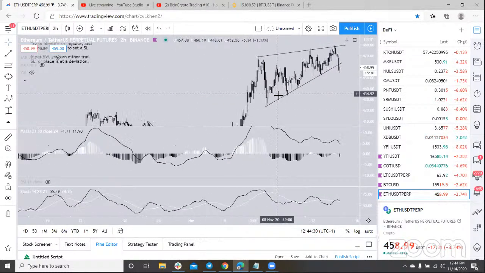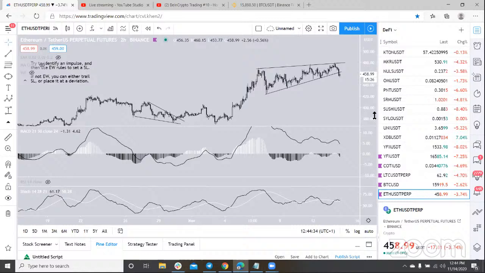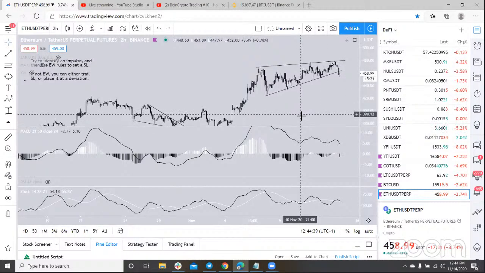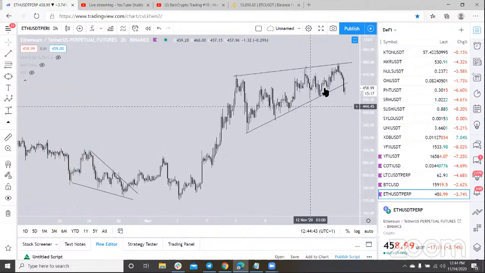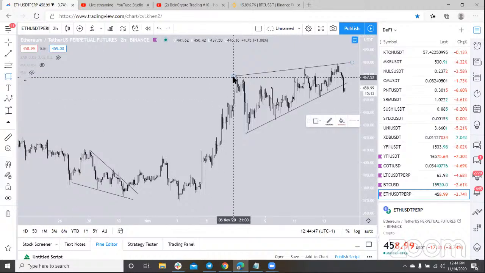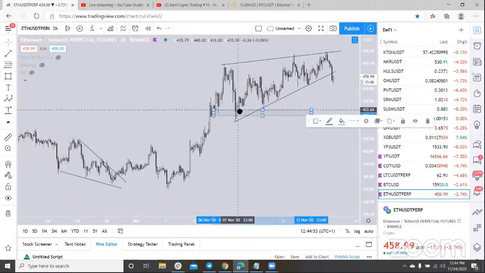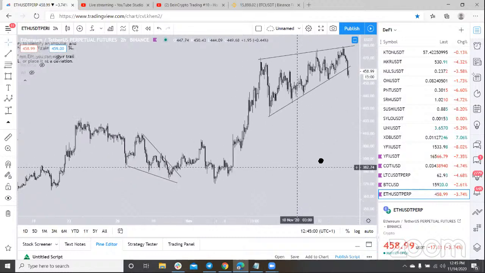Okay, so basically for stop losses, either place it below deviation, or trail it, or use Elliott wave rules. Now, I don't like placing stop losses below horizontal levels or above. Like if I were trying to short this, I wouldn't place the stop here somewhere. Same with here. I don't like doing that, and I don't like placing stop losses below trend lines. So it's either Elliott wave theory or